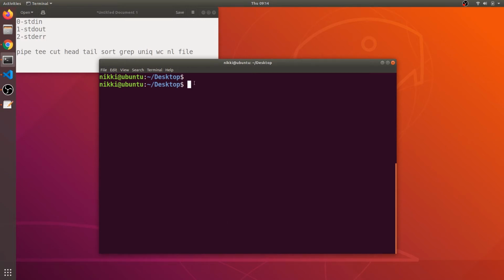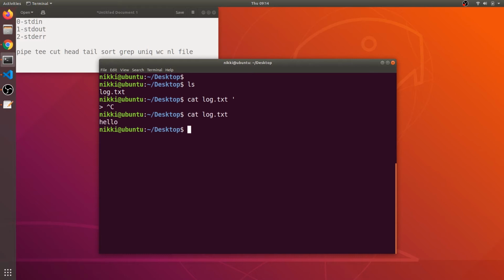So I hope you have understood. If I say ls, and cat rock.txt, okay, there is hello. Another way to append both output and error is, you want to say hi, and what you want to do is ampersand greater than.